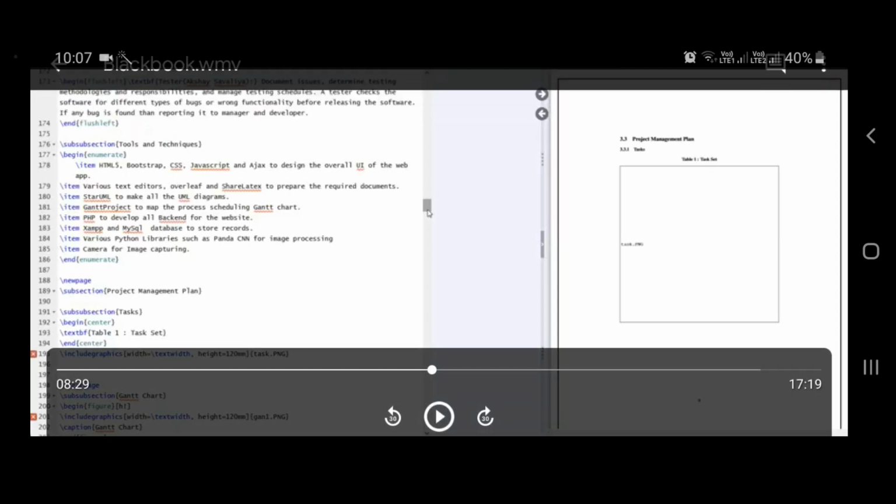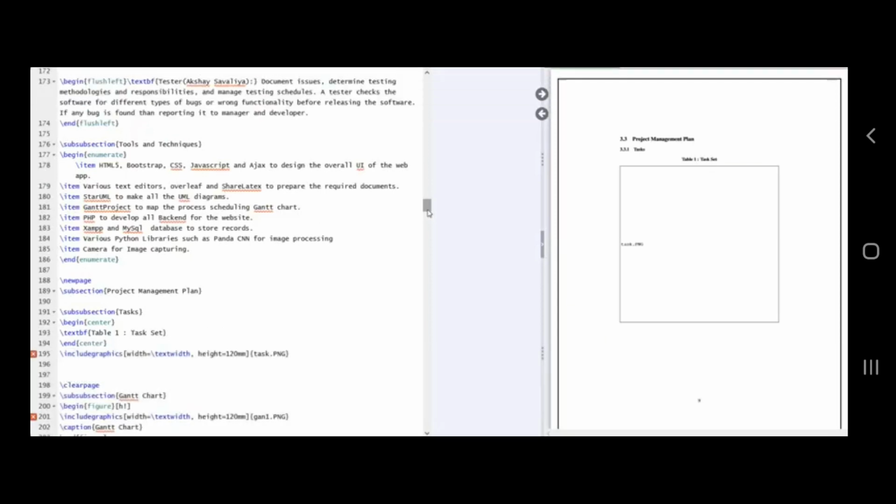Sometimes what we want is a list of something, to specify numbers 1 2 3 4 5. So how to do that? Are you going to write each and every line as 1 2 3? It is not going to get aligned and doesn't look good. So what you have to use is a library called enumerate. You can see the name, enumerate. What it does is it numbers your list.